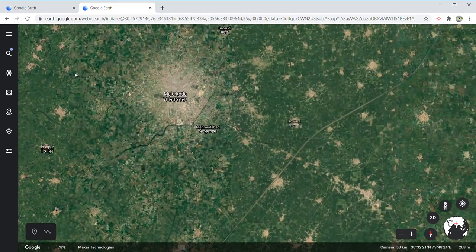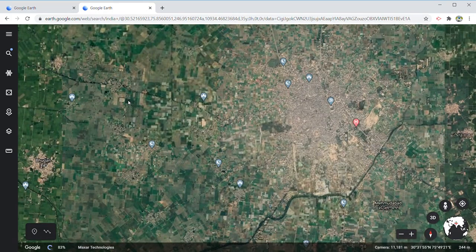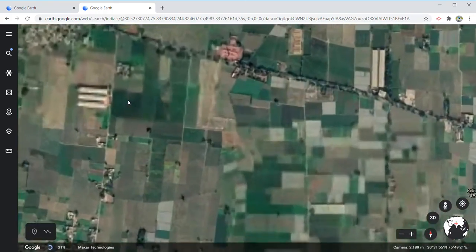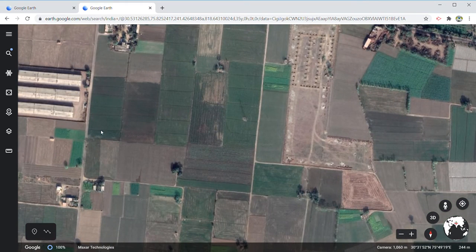Okay. So what is the difference between net sown area and gross sown area? Agricultural land, the piece of land, is called net sown area. I'll give you an example from here. For example, these fields of farmer A. So you can say farmer A has 1, 2, 3, 4, 5, 6 pieces as net sown area. But if farmer A is growing crops more than three times, two times, or one time in these fields, then this land is utilized more than once. That is called gross sown area.